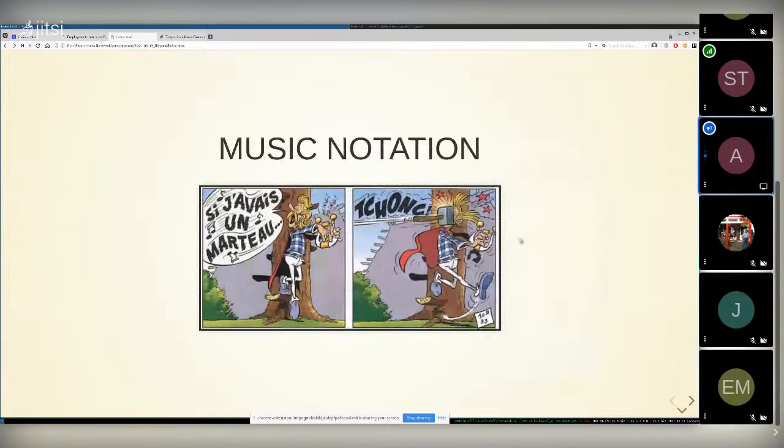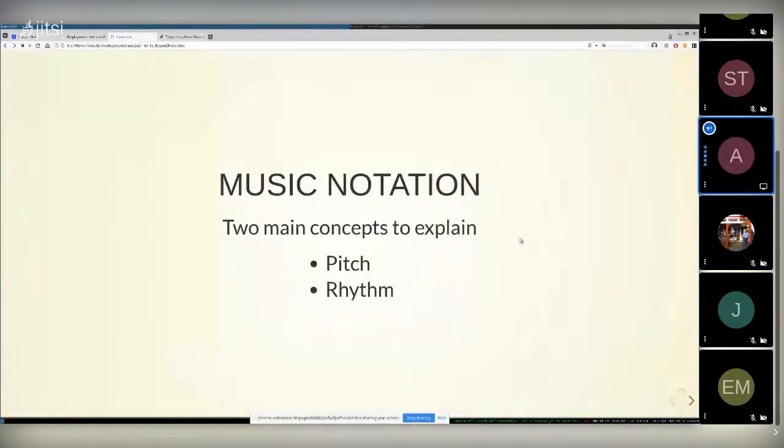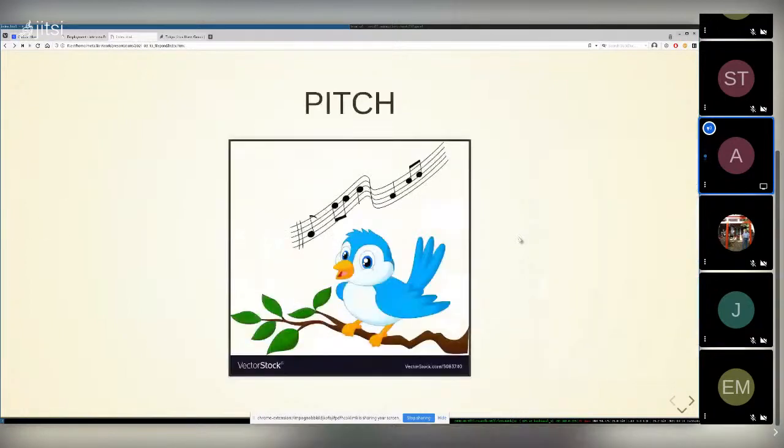And so you actually have to know a little bit about music notation to properly use Lilypond, but there's two concepts that are actually very simple. I can probably explain those really quickly, and then you can see how they translate into Lilypond. So there's pitch and there's rhythm. First, I'd like to talk about pitch a little bit. So pitch is very simple. It's just a sound that's higher or lower than another sound.